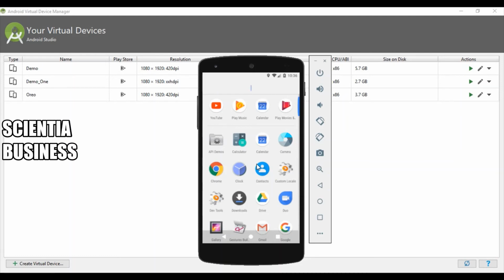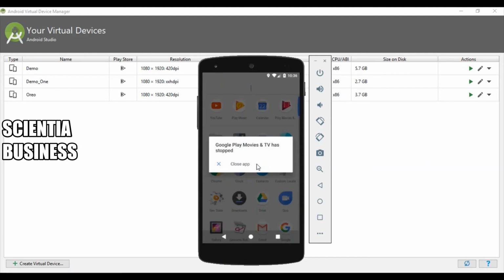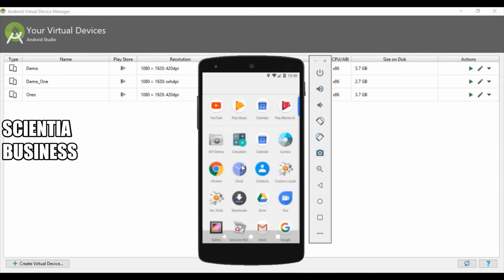One question you might have in your mind is, every time we need to run the virtual device, do we need to open the Android Studio again and again just to run it? I would suggest there are other ways we can use instead of opening the Android Studio again and again just to run the virtual device. I will show you one way that we can use.